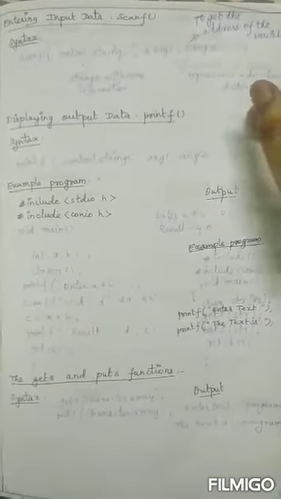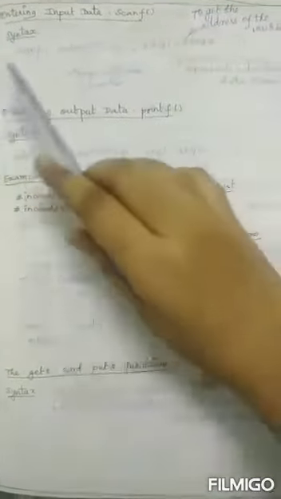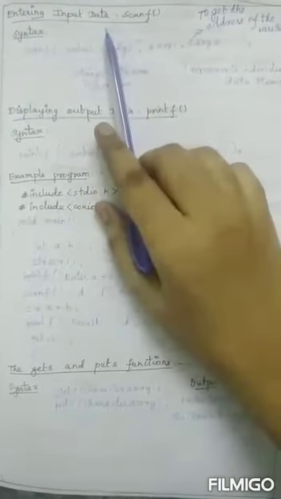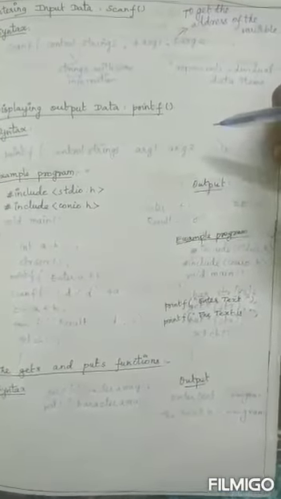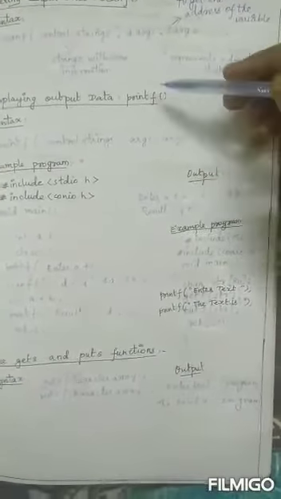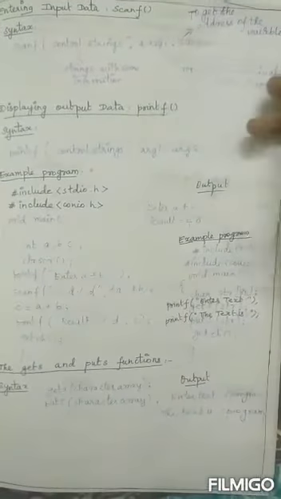Next we are going to see the scanf and printf statements. What is the scanf and printf? It's entering input data, and this is displaying the output data. These are very familiar words we have used in C programs, but in C++ programs we use cin and cout. So it is the opposite in C, printf and scanf.